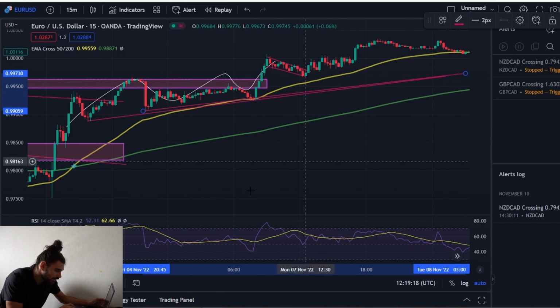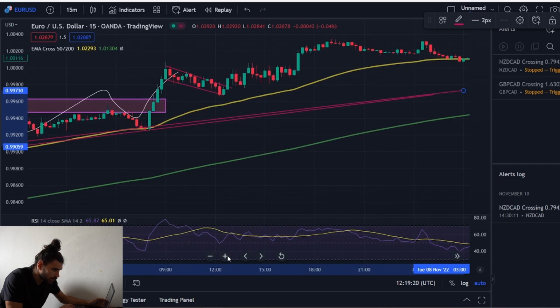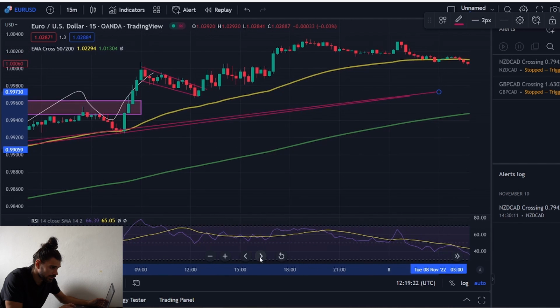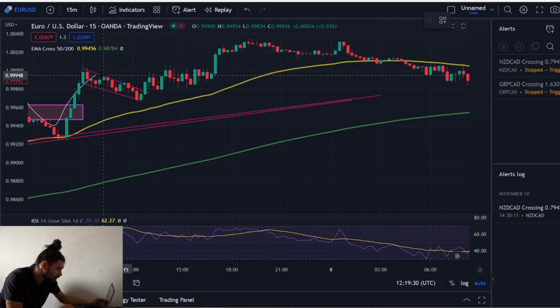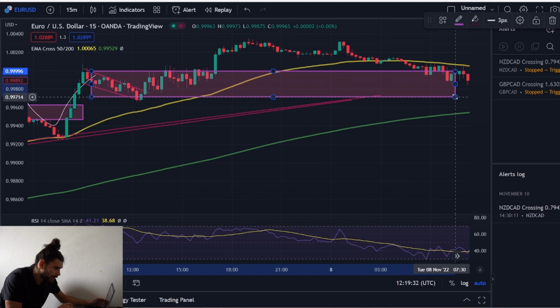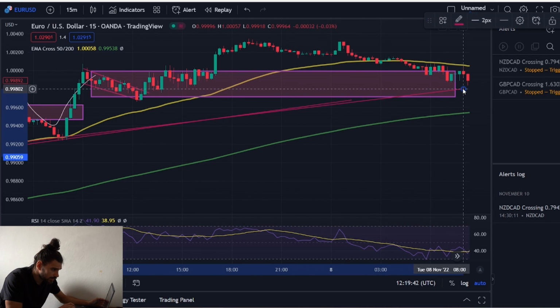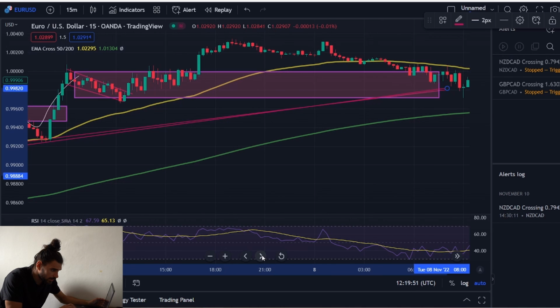So I'm looking here for another touch of this area right here. So I just let the market run and see whether we can pull back. Since here this was my highest low right around here, this whole structure, and here was now my highest high. So as long as the market remains here within this area and doesn't break, I'm still bullish. And here around these levels is my trend line. So it might be not this wick here, I'm not quite sure. The market might still go a little bit lower, but I'm just waiting here for kind of a third touch